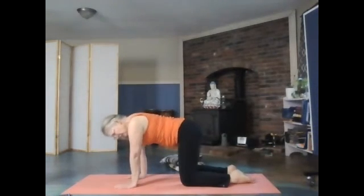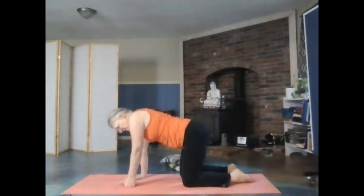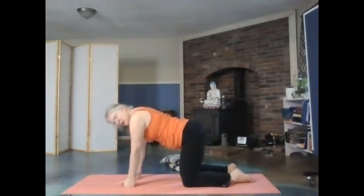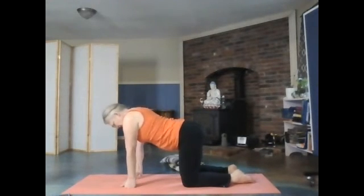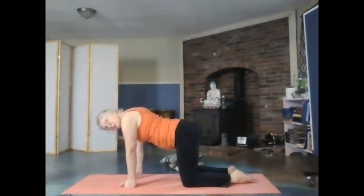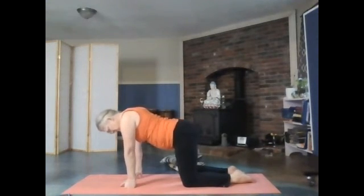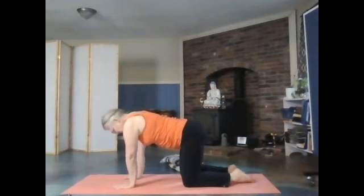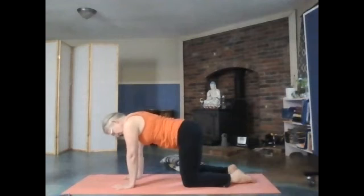I've had some people tell me that they're not comfortable on their full hands, so I invite you to fist it up where your wrist is straight, but don't press into your thumb. Your thumb can be lightly on the mat, but actually let the pressing happen through the fronts of the other 4 fingers. I'm going to go back to the more conventional fingers spread out, palms,